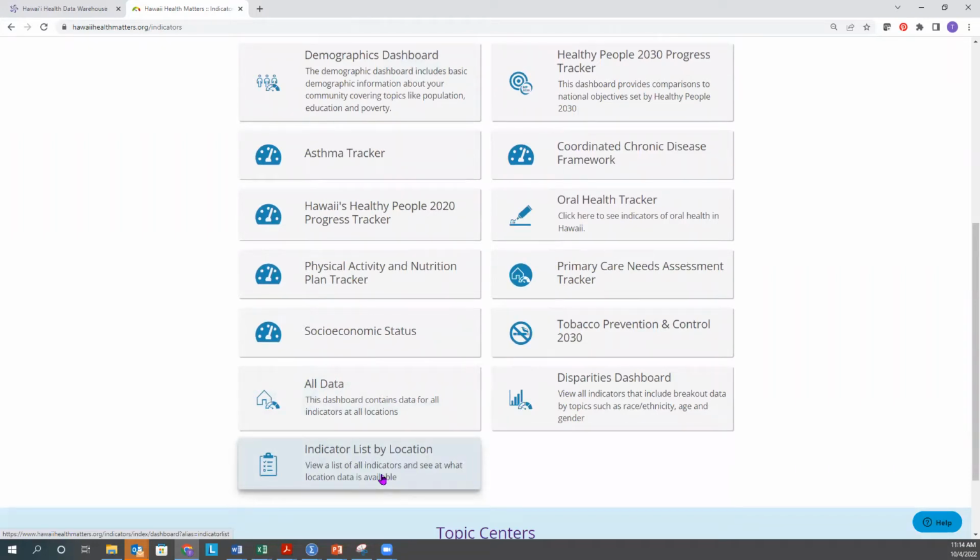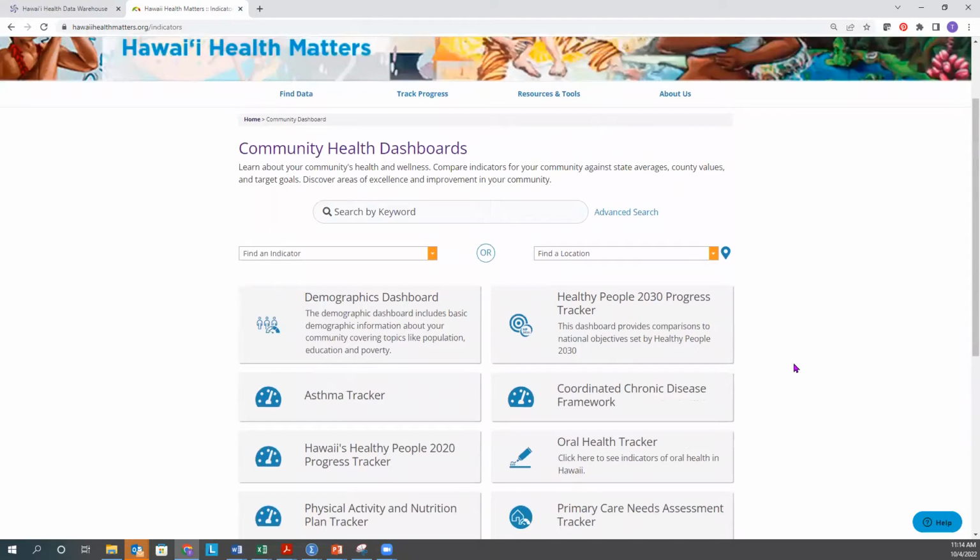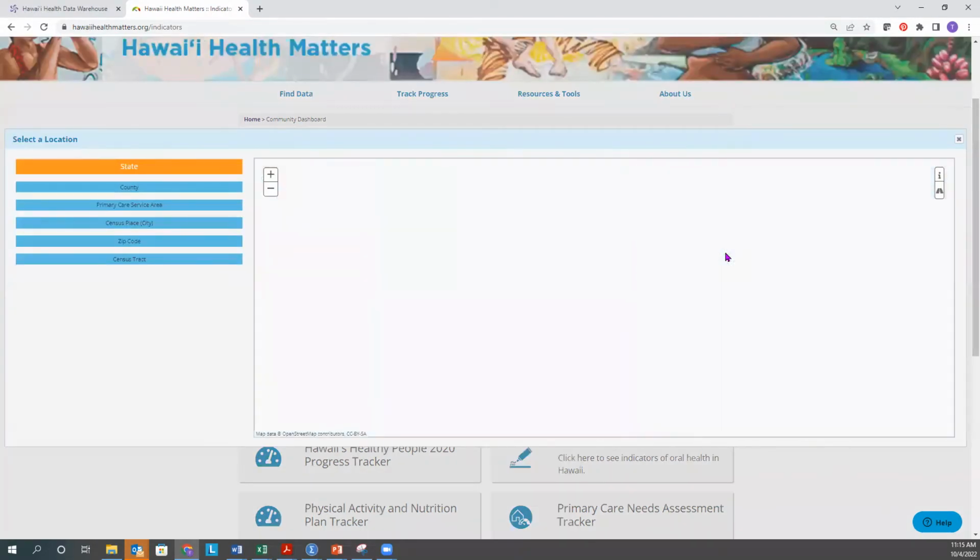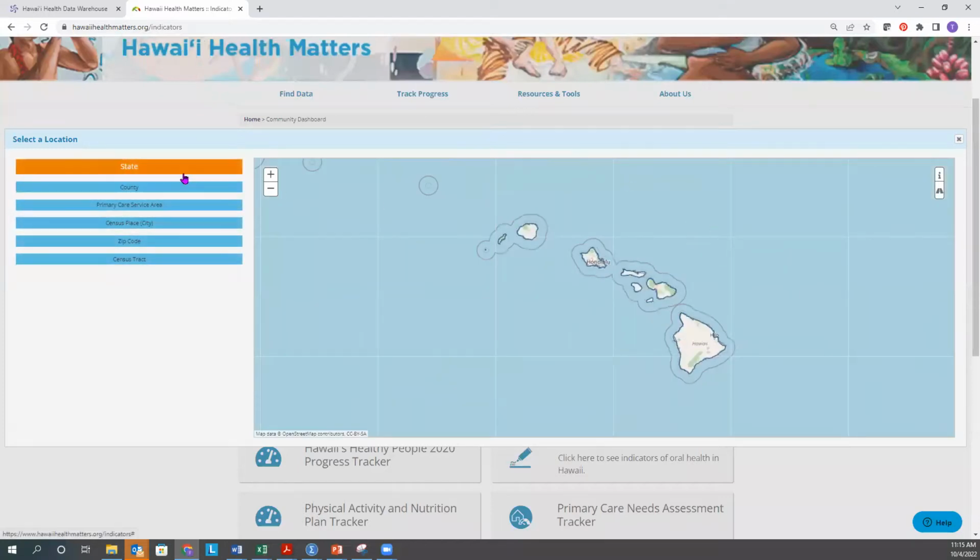And this is where I want to show you about our locations. We talked in the beginning of our poll about what level of data you normally use. While most of you use state and county data, there may be occasions when you need more granular data and you're trying to understand where those boundaries are. If you click here on this use a map to select a location icon, it'll bring you to our state of Hawaii map. These are our different locales within the system, our geographic layers. We have our county layer, and we can click over here on the labels on, and then you can see them.